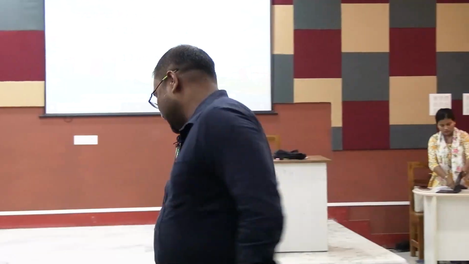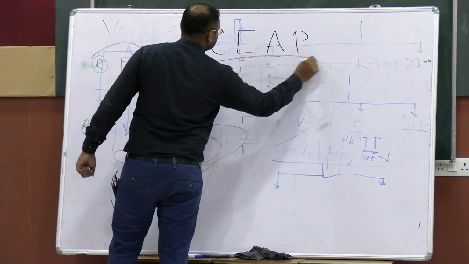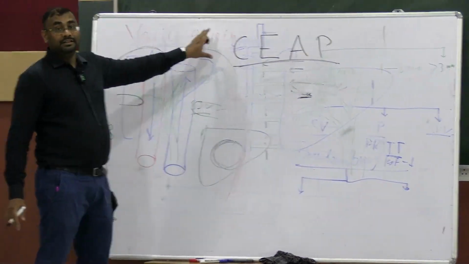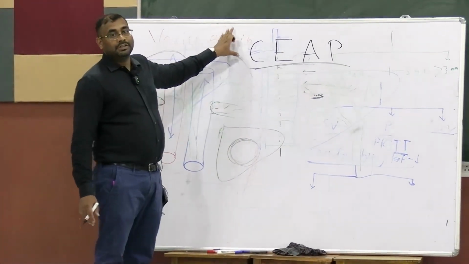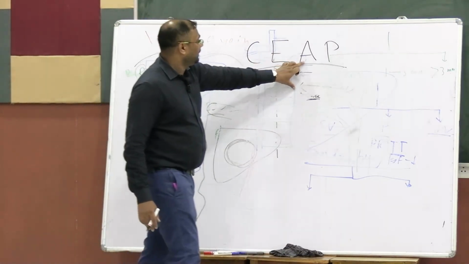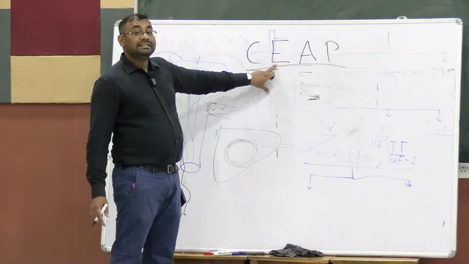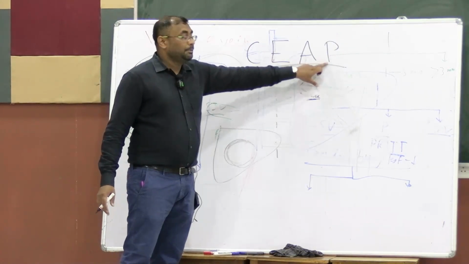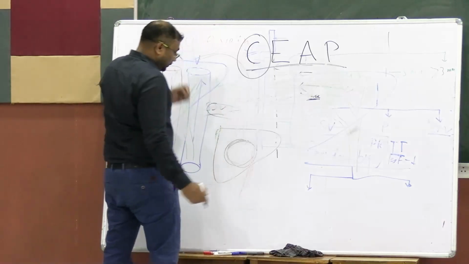So we have done the clinical examination and investigation. So now the treatment part. What are the treatments available? Oh, before that we have one famous classification, the CEAP classification. This is a very famous classification. If the external examiner has to ask one question from the whole of varicose veins, this is the part. From the CEAP classification they will ask the question. What is C? C for clinical, E for etiology, A for anatomy and P for pathophysiology. Mainly they ask questions from the C. So in C we have